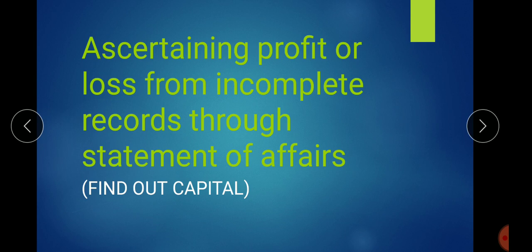So in this method, by comparing the capital at the beginning and at the end of a specific period, profit or loss is found out by preparing the statement of affairs. It is known as the statement of affairs method. This method of ascertaining profit is also called the net worth method, or otherwise called the capital comparison method. Then next,